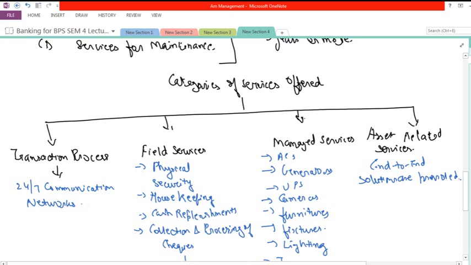Now what are the end-to-end solutions which are provided? यहाँ पे दो motives रहते हैं. Two motives behind this: first, the banks can concentrate their work on the core solutions or the core activities that they are offering, and rather than managing the IT infrastructure and troubleshooting everything, वो core banking activities के ऊपर अपना concentration रख सकते हैं. Every other activity is outsourced because the bank should concentrate on providing banking services rather than maintaining the assets or managing the services related to ATMs.